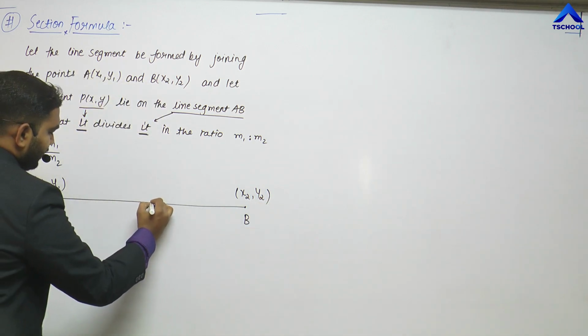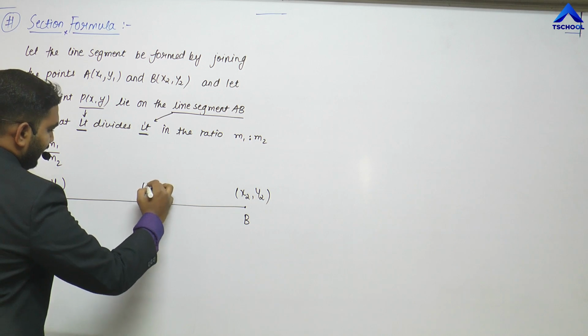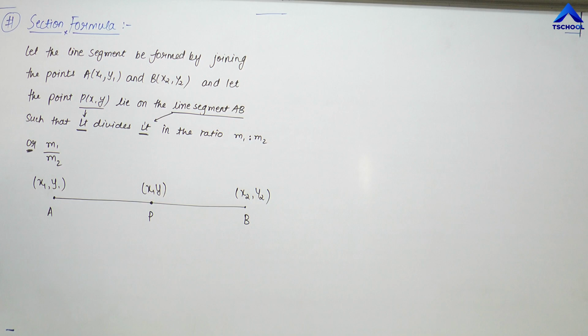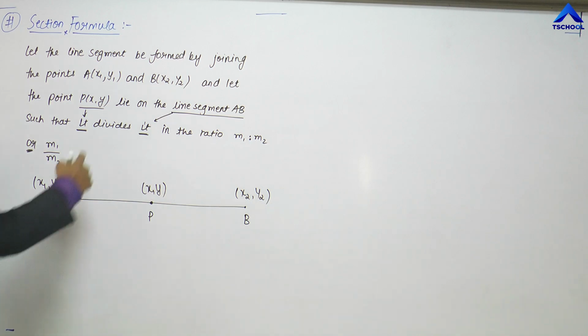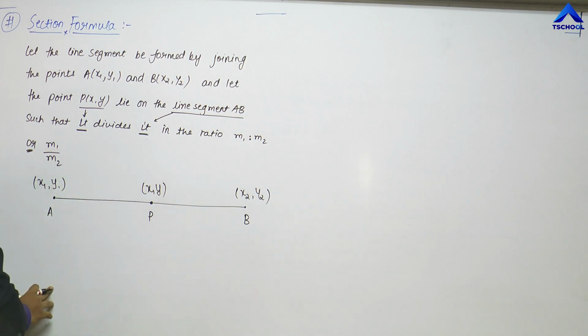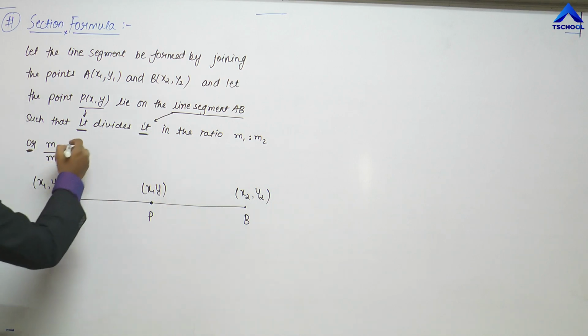And this point P here has coordinates x, y. Point P has coordinates x, y lying on line segment AB such that it divides it into ratio m1 is to m2